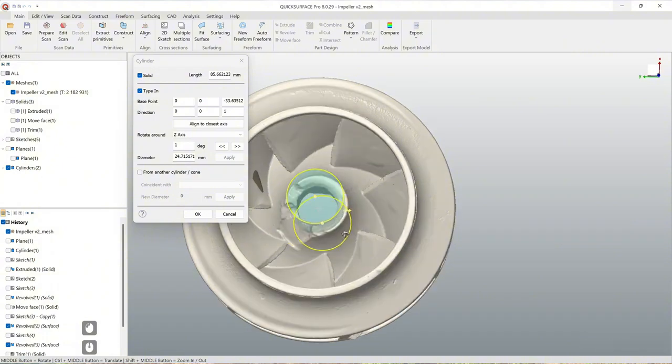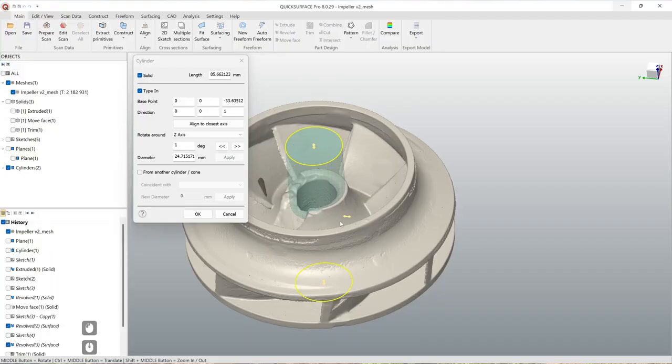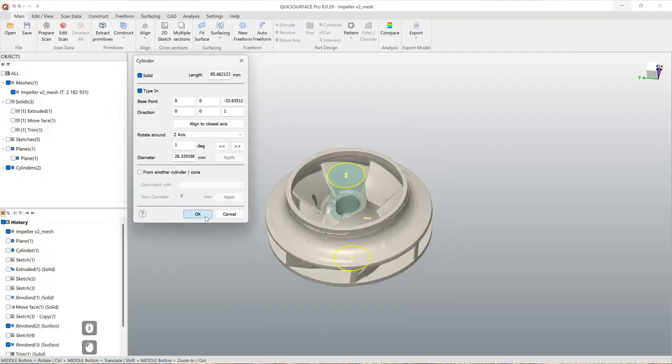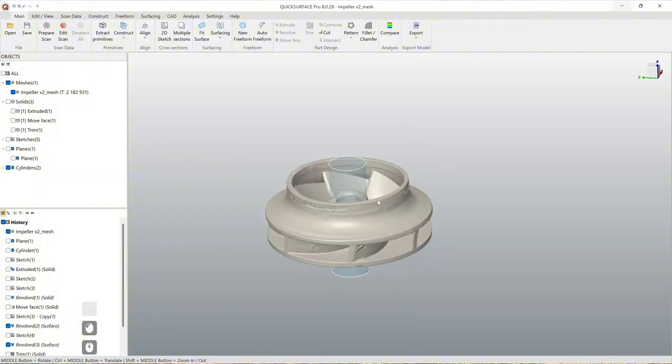Let's use a diameter something like this, because the diameter of this cylinder is sort of the neutral plane which will be used for unrolling of our scan data. I'm going to create it like this,